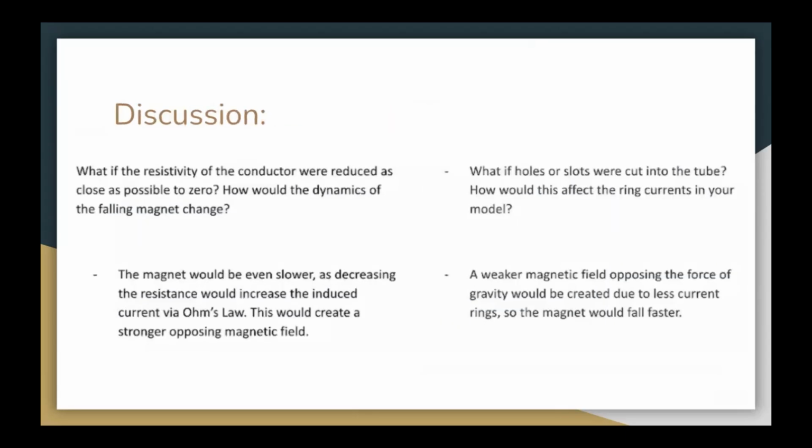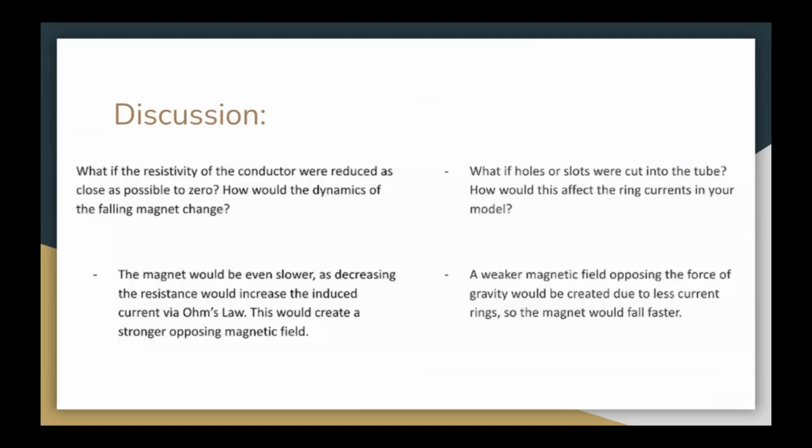Now for the discussion: what if the resistivity of the conductor were reduced as close as possible to zero? How would the dynamics of the falling magnet change? The magnet would be even slower, as decreasing the resistance would increase the induced current via Ohm's law. And then this would create a stronger